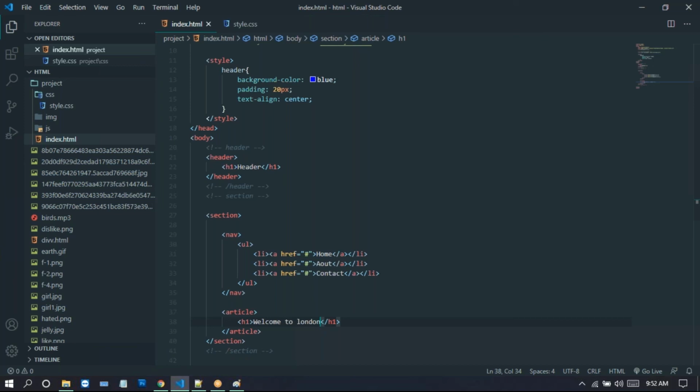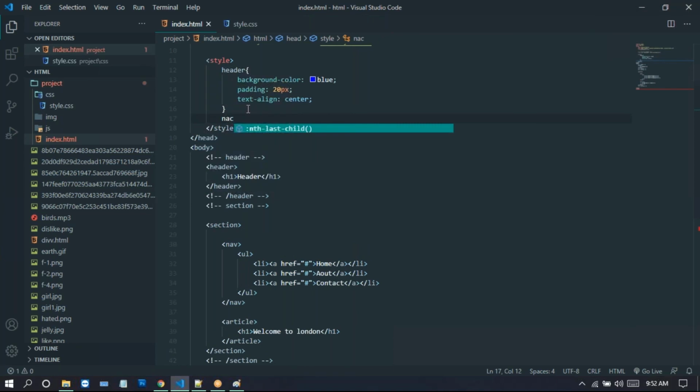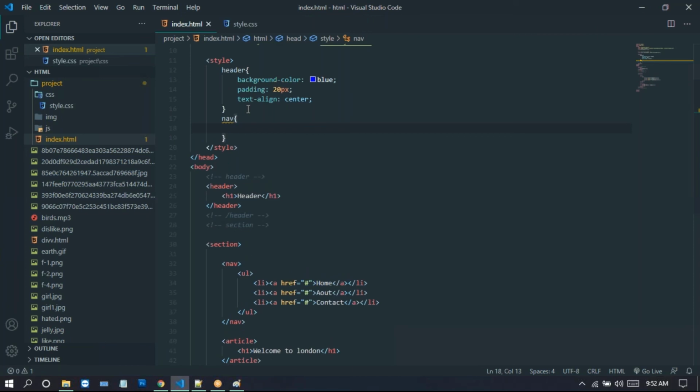Now we need to apply CSS. So here I'm taking this navbar. For this navigation, I'm taking width 29%.